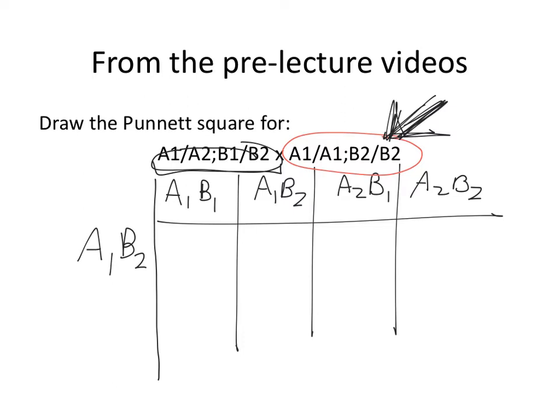100% of the gametes. The only choice from that parent, it's not a choice. They only have A1 genes. They only have B2 versions of that gene. So they can only make gametes that have A1s and B2s, 100% of the gametes. So that's it, one row in the Punnett square. You could draw it 4 times if you want and make a 4x4 Punnett square, but it gives you the exact same information.